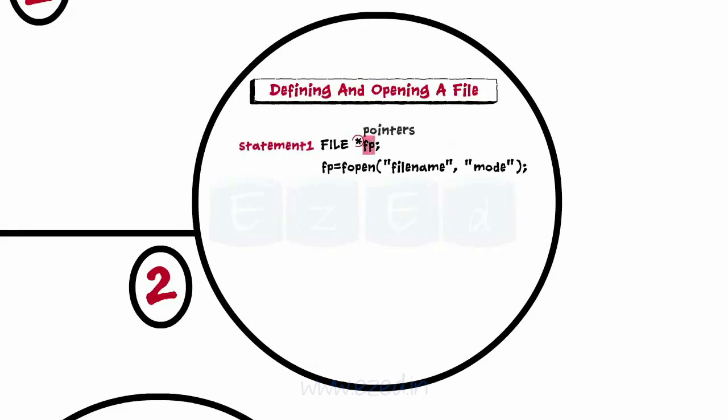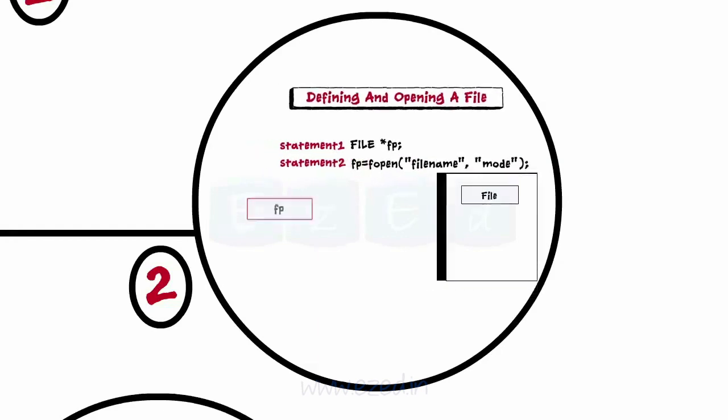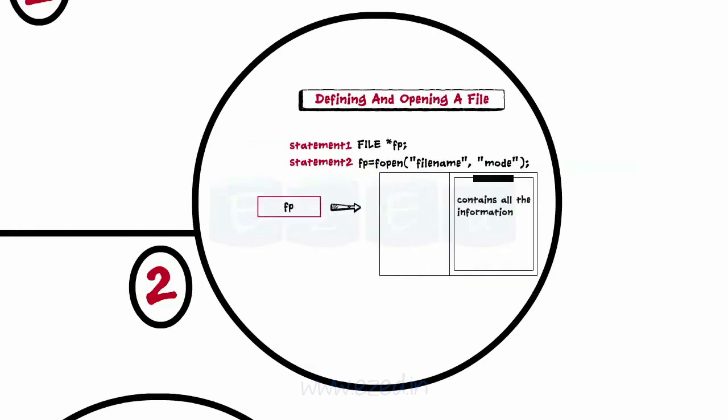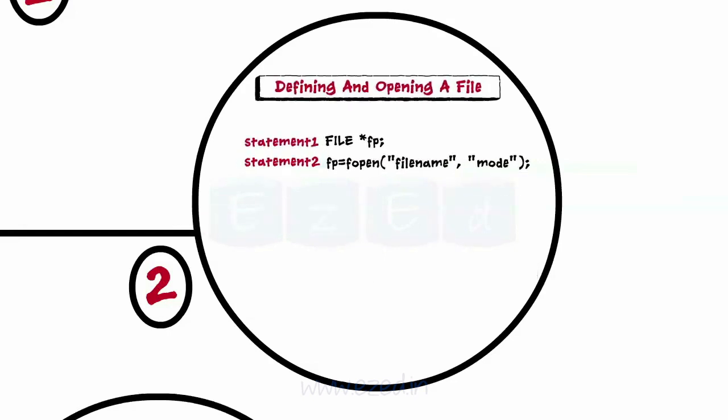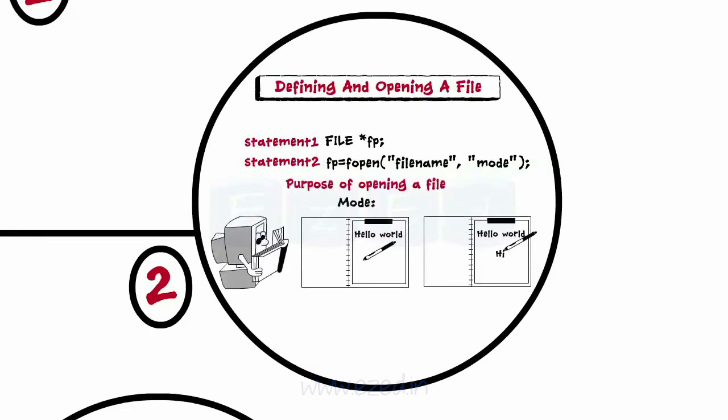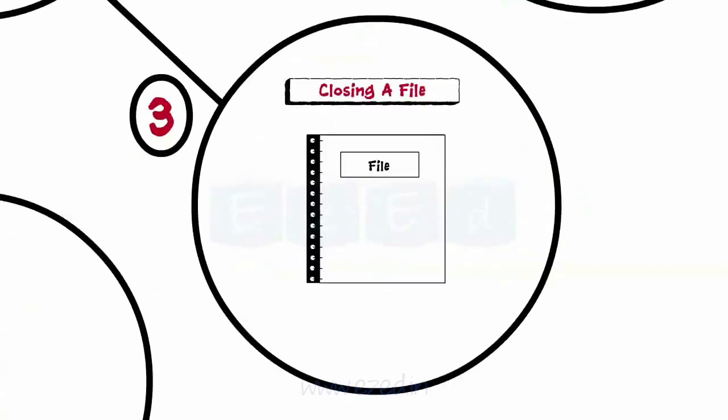The first statement declares fp as a pointer to the data type FILE, as stated earlier. FILE is a structure that is defined in the I/O library. The second statement opens the file named filename and assigns an identifier to the FILE type pointer fp. This pointer contains all the information about the file, and is subsequently used as a communication link between the system and the program. The second statement also specifies the purpose of opening a file. A file must be closed as soon as all the operations on it have been completed. The general format is